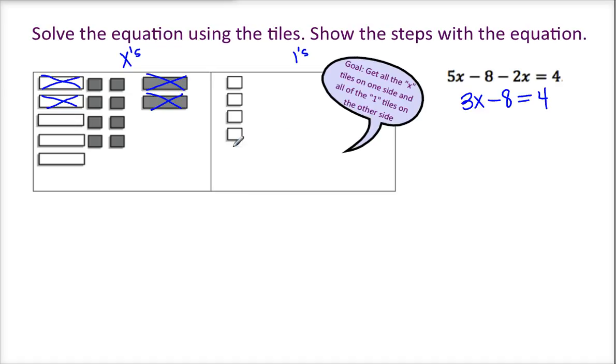Our next job is to follow this goal. We want all of the x's on this side and all of our 1 tiles on this side. So it's looking like I have 1, 2, 3, 4, 5, 6, 7, 8. I have negative 8 1 tiles on this side. And I need them to not be on this side anymore. So how do I get them to go away on this side? I need to make 0 pairs. So if I put in 8 positive 1 tiles,